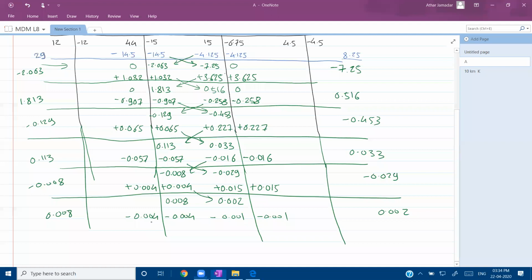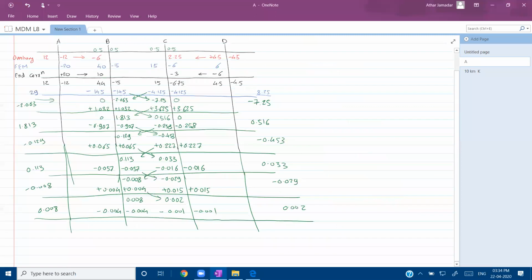There is again one query. So now whenever correction at both hand side are nearly equal to 0, then we have to stop doing next iteration. Now how to calculate final moments? So let me zoom out. Now for final moments, after the step of end correction, so wherever I am drawing this, after this step, you have to take vertical summation.